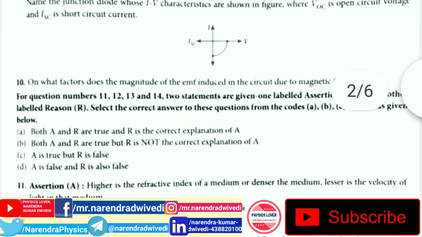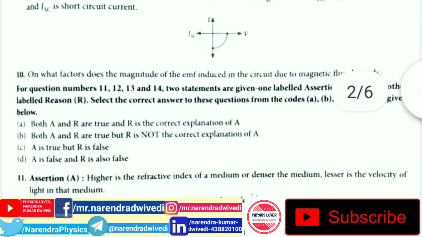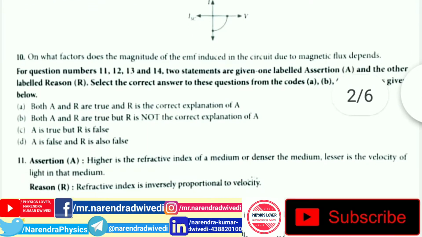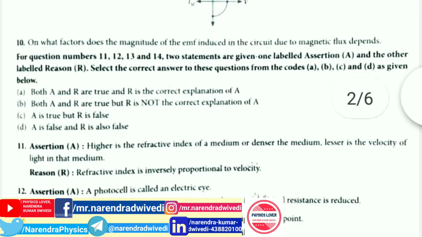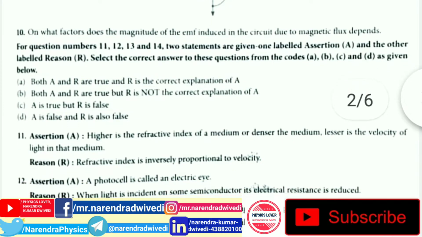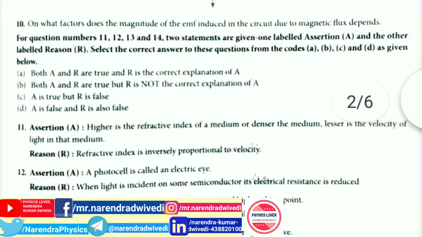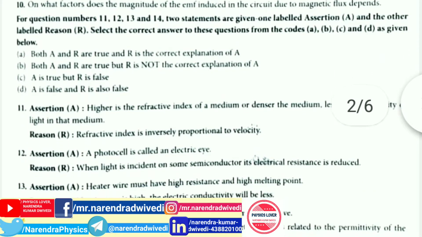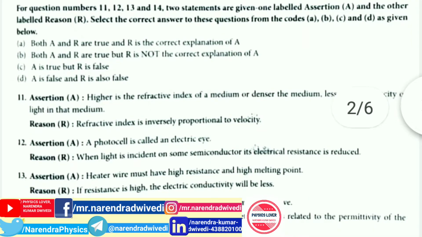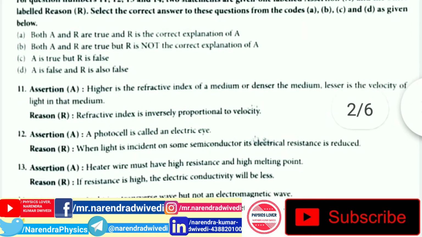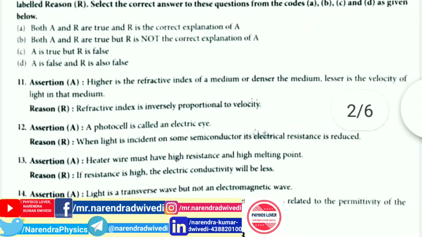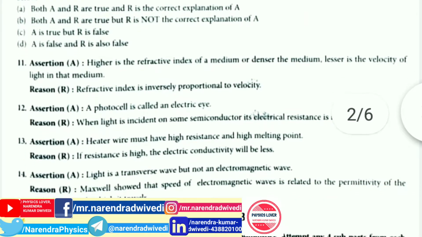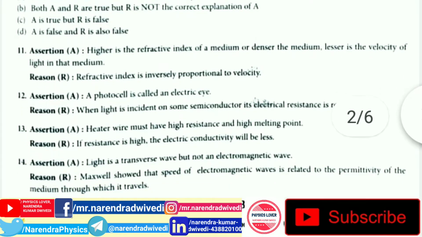Question number 11. Assertion: Higher is the refractive index of a medium, or denser the medium, lesser is the velocity of light in that medium. Reason: Refractive index is inversely proportional to velocity. 12th question. Assertion: A photocell is called an electric eye. Reason: When light is incident on some semiconductor, its electrical resistance is